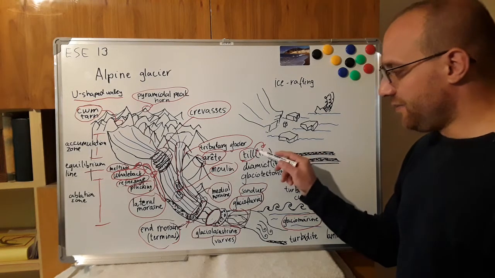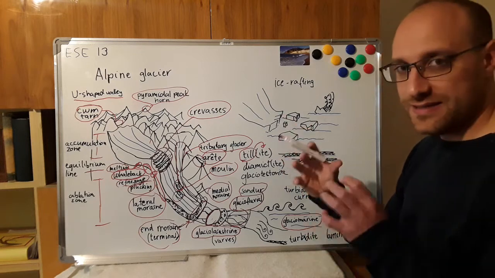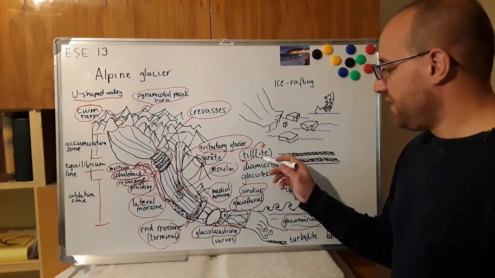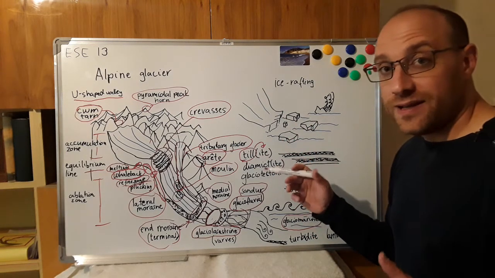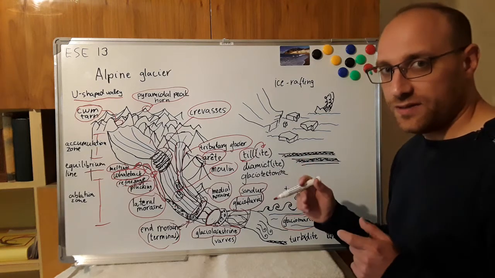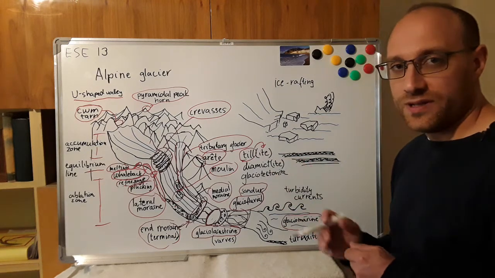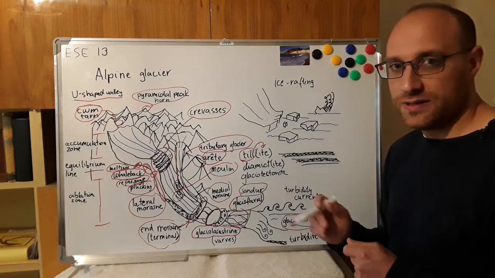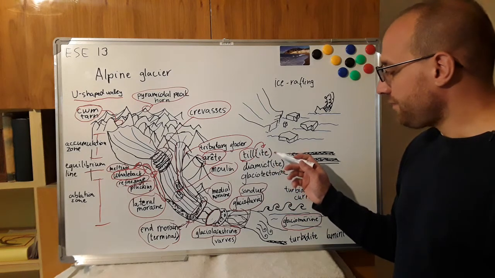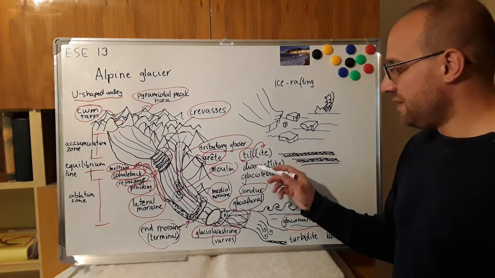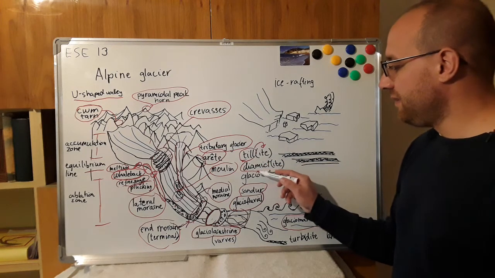So the tillite material as a rock is basically going through the lithification process and becomes a sedimentary rock. We know that lithification would include the compression and the cementation, but